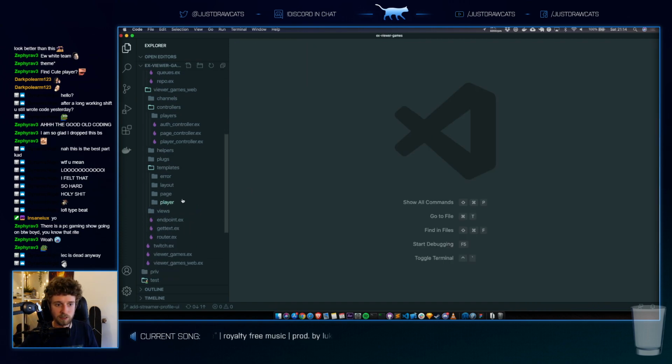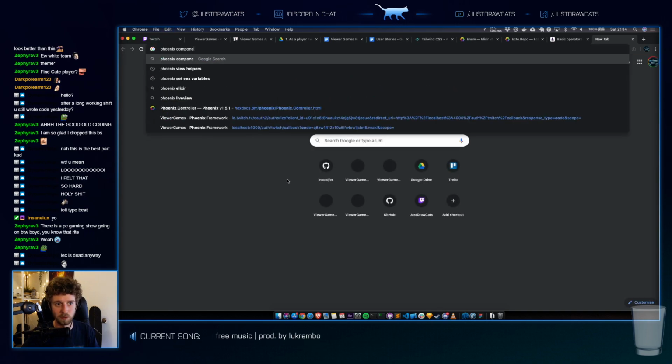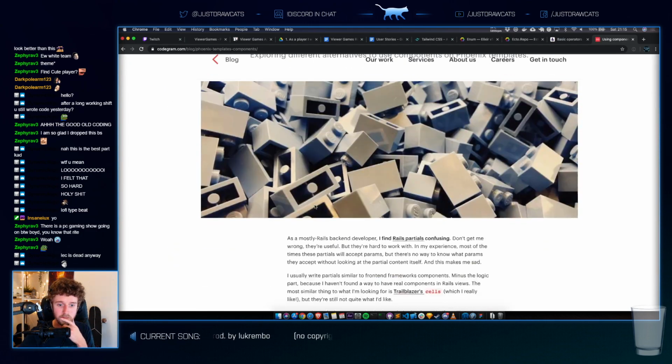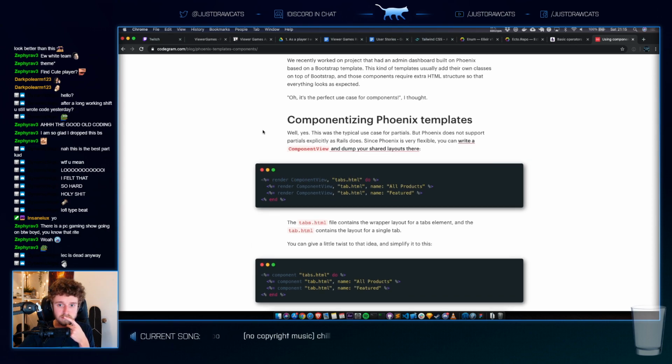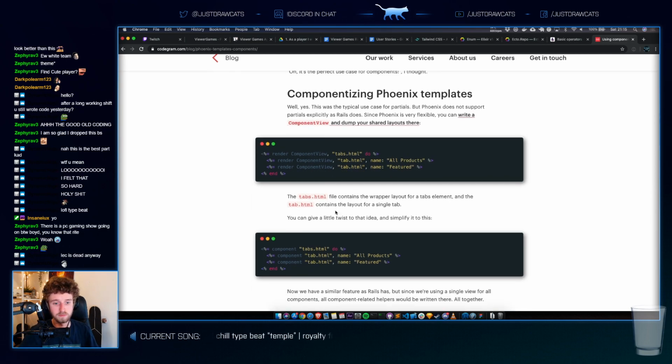Phoenix components, HTML components. There should be a way to do that. Render component view. Phoenix does not support partials explicitly as Rails does. Since Phoenix is very flexible, you can write a component view and dump your shared layouts there.